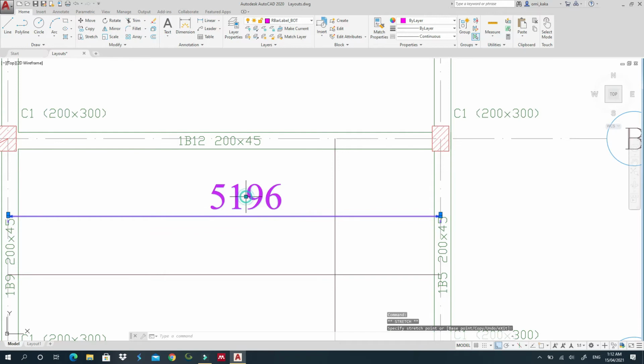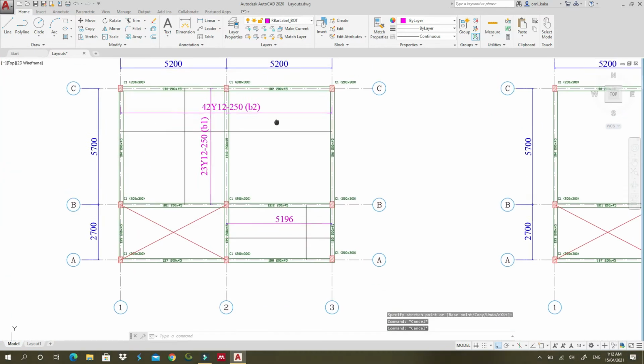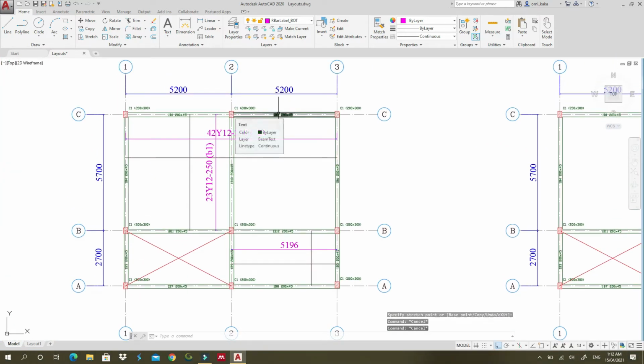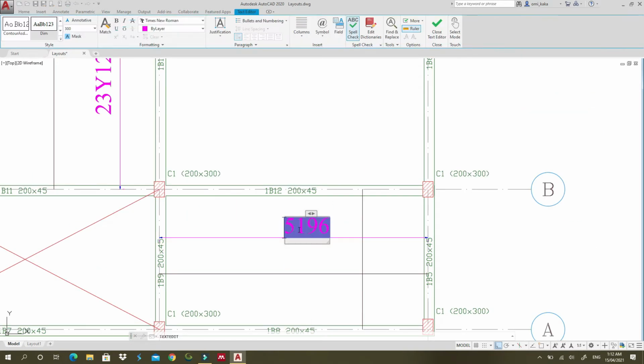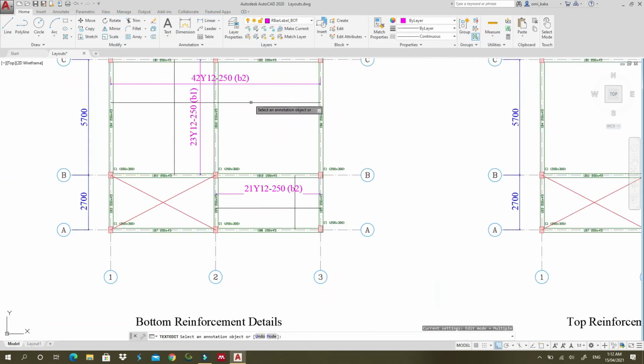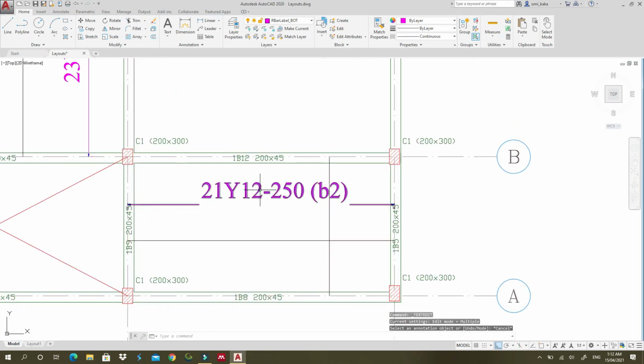So this one is 5200. 5200 divided by 250, I'll get 20.8, which is 21. So I'll edit here, and I'll say 21 Y12 for spacing of 250, and this will be bottom 2. I'm just maintaining this consistency. This is supposed to be bottom 1, but just to maintain the consistency, I'll put it as bottom 2, and